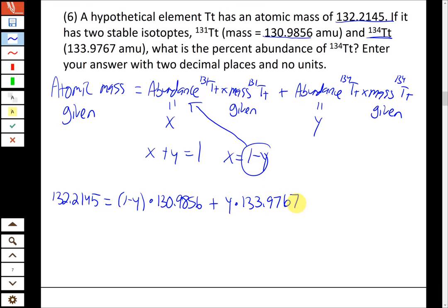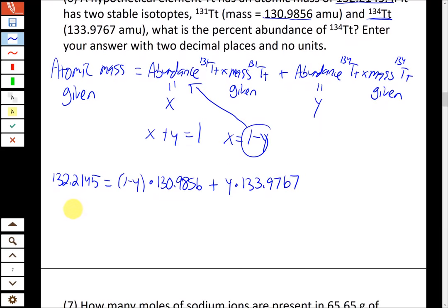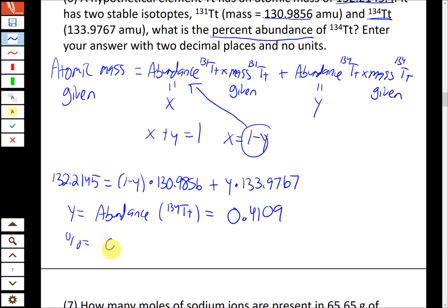All right, so we're going to solve for y, which I'm not going to go through all the algebra here, but y is our fractional abundance of the 134 isotope, which should come out to 0.4109. But what we're looking for in the problem is percent abundance. So make sure you always read the problem carefully. Are we looking for a fractional abundance or a percent abundance? Percent is always going to be fraction times 100. So the percent would be that number, 0.4109, multiplied by 100 to convert it to a percentage, which is